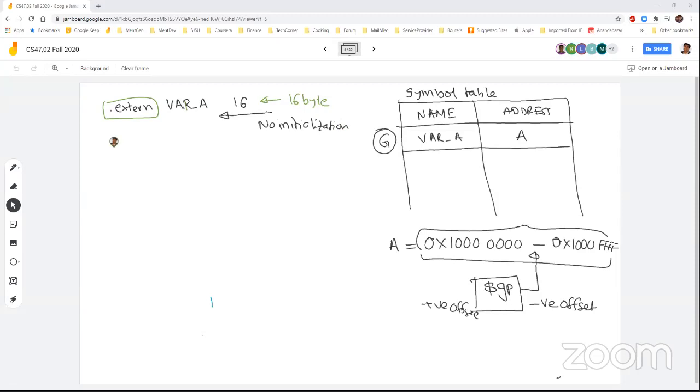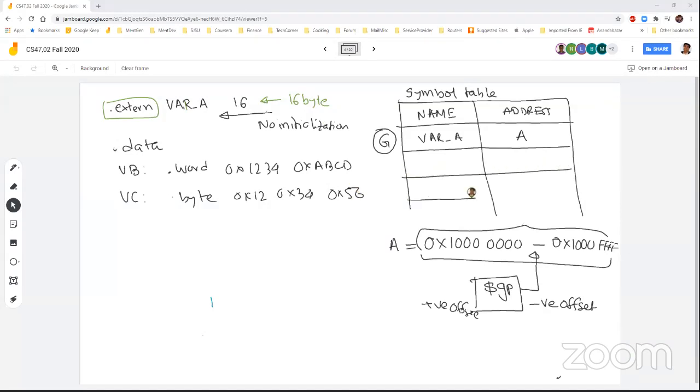Whereas the other way is that you can make a label, like .data, let's say VB .word followed by 1, 2, 3, 4, A, B, C, D, etc. Then VC .byte, you can put some bytes there, 1, 2, 3, 4, 5, 6, etc. So this will make a symbol table entry, VB, VC, etc., in the data section, right? In the data section, which is for the